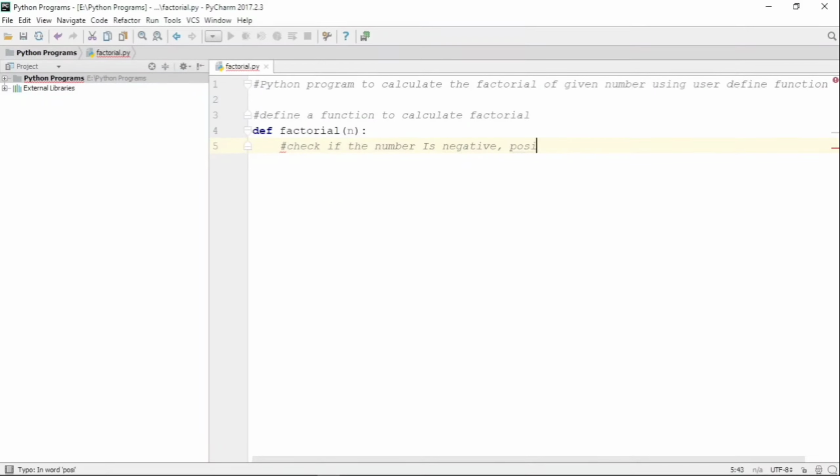We are going to do the same logic that we have seen, that first we will check the number if it is negative, positive or 0, and the program will act accordingly. So first case will be if my number is less than 0, then an appropriate message is to be printed.